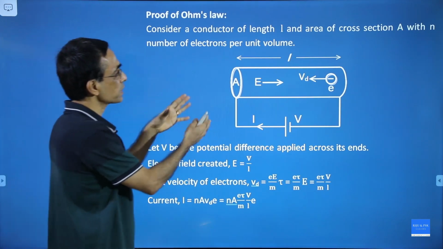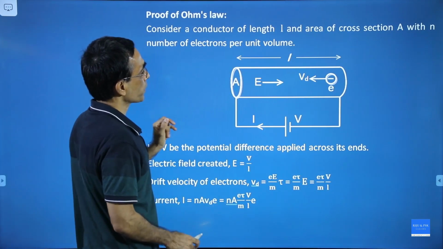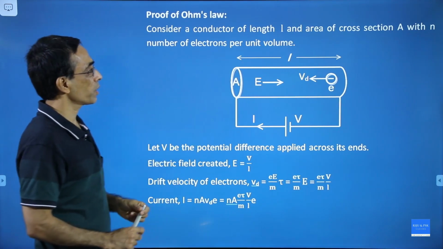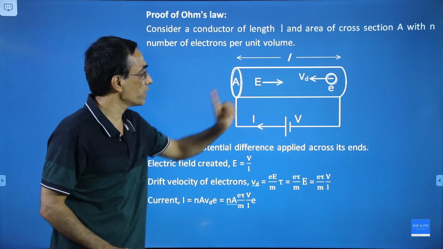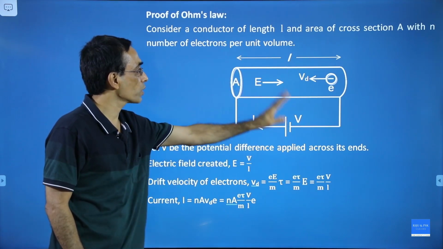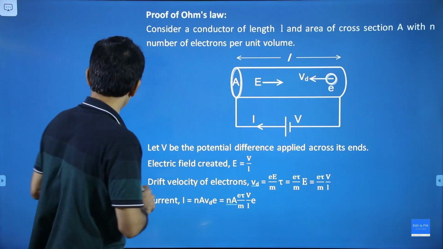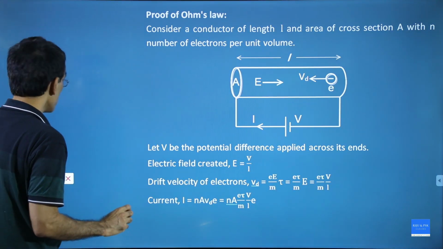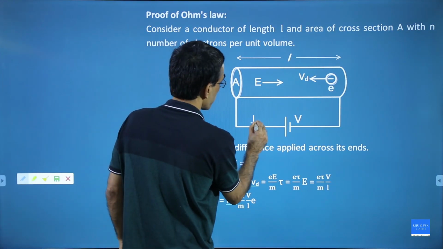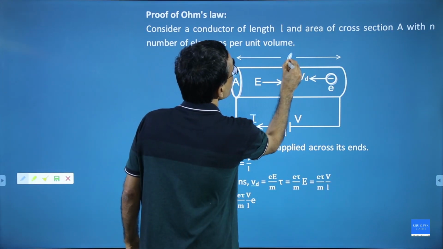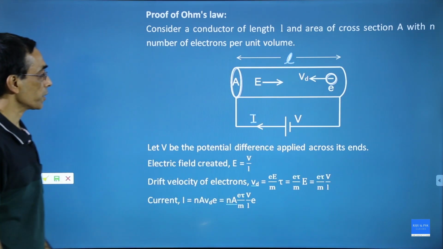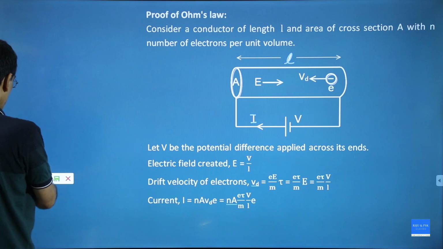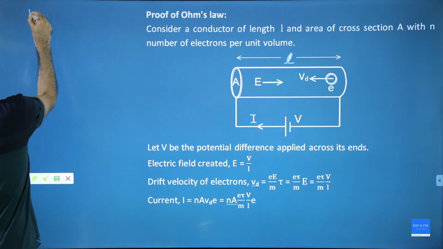Same thing, we start from the same thing. You have a conductor, cross sectional area A, number of electrons per unit volume is n, the drift velocity is given, electric field is given, current, voltage, everything is given. Do not get confused because in my graphics I did not notice one point: this is current I and this is the length of the conductor L. Now, in the last class I taught you that the potential difference